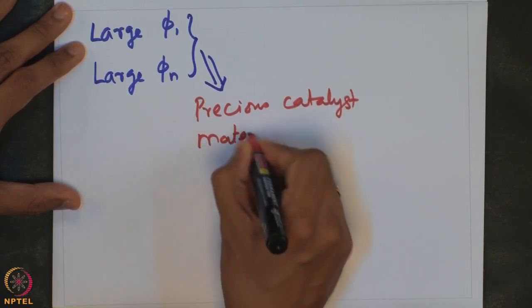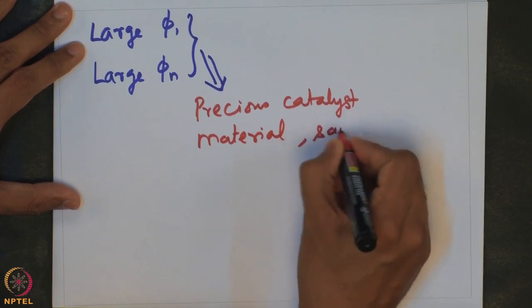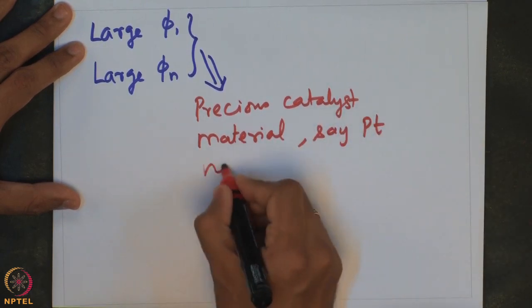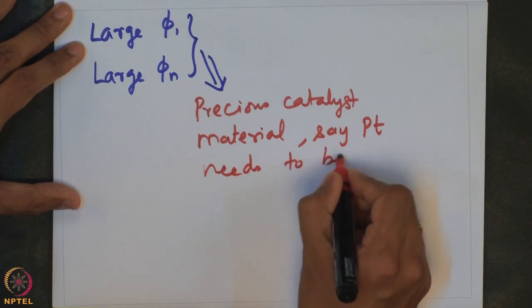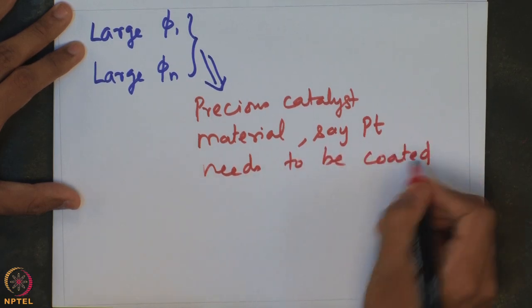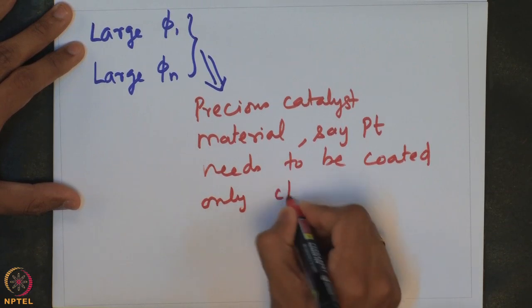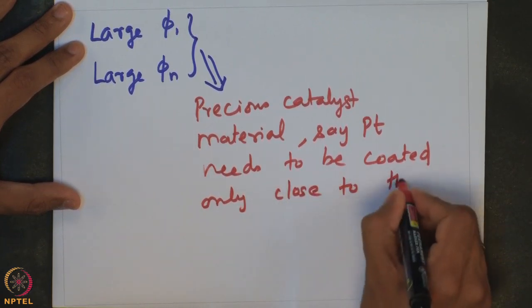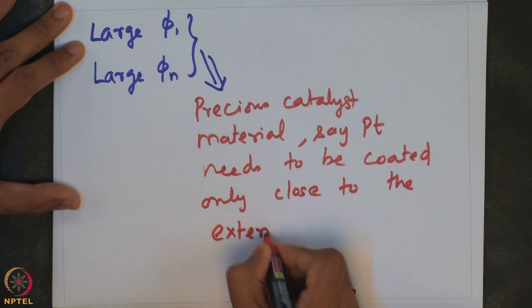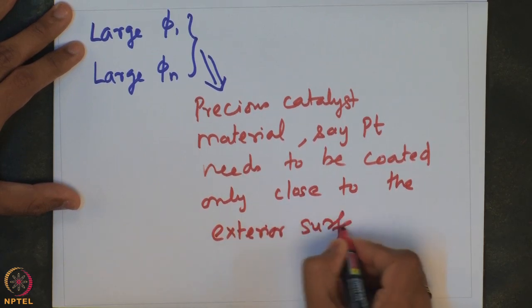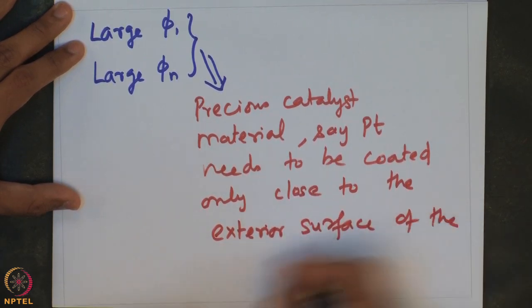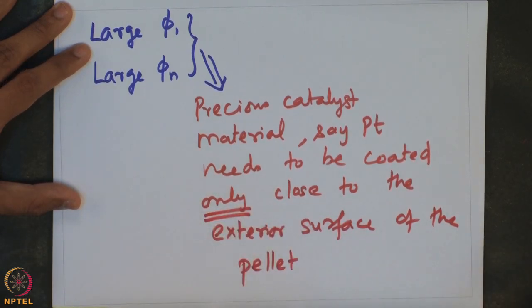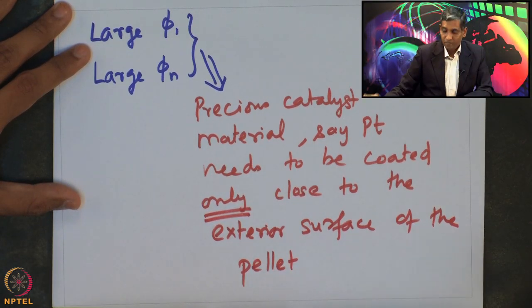metal catalyst material, say platinum, needs to be coated only close to the exterior surface of the pellet. It is not required to coat or impregnate the catalyst pellet everywhere inside the catalyst pellet. On the other hand, if